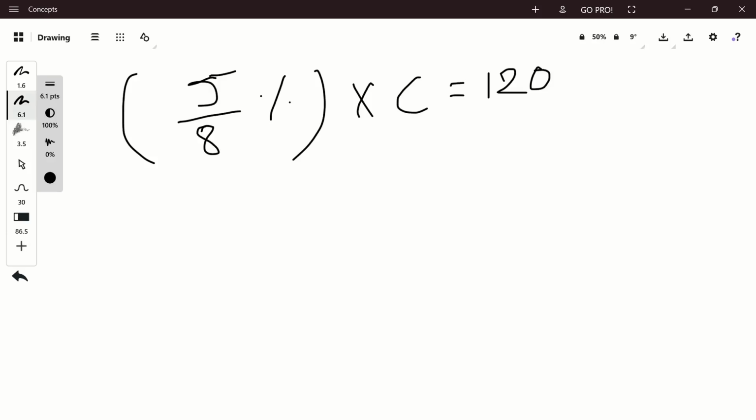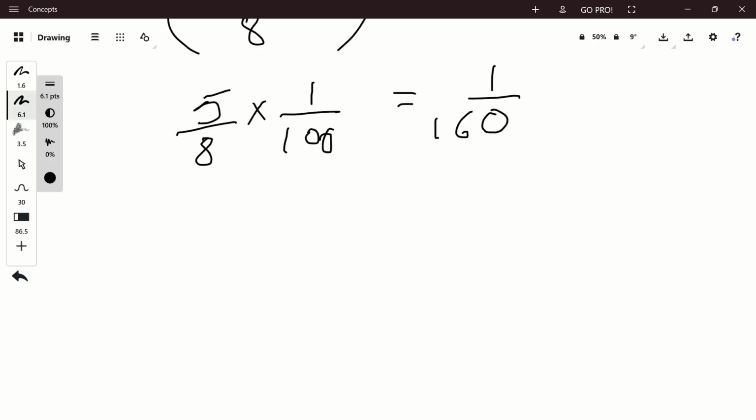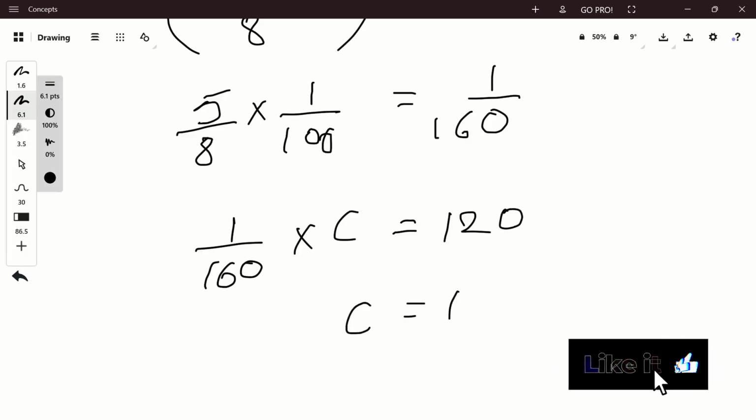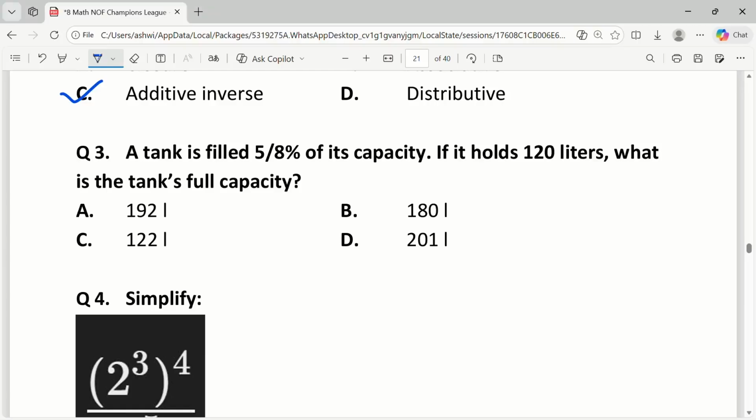Now converting 5 by 8% into decimal or a fraction, we have 5 upon 8 into 1 upon 100, which is equal to 1 by 160. Now solving for C, we have 1 upon 160 into C is equal to 120. So C is equal to 19,200. From the options,